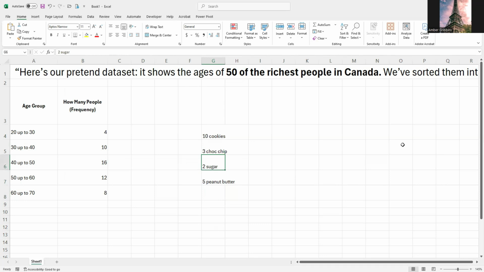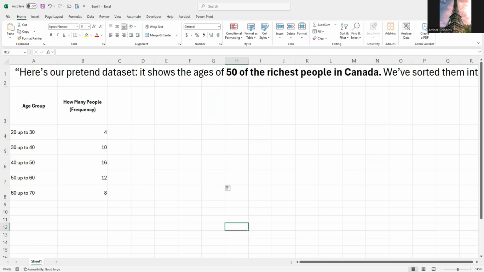But wouldn't it be nice if we could put a probability on there? That's basically what we're doing here. Pretend like our people here are a cookie jar and that these age groups are the flavors of the cookies. That's a great way to look at it in an easier, real world scenario. So go ahead and delete that.